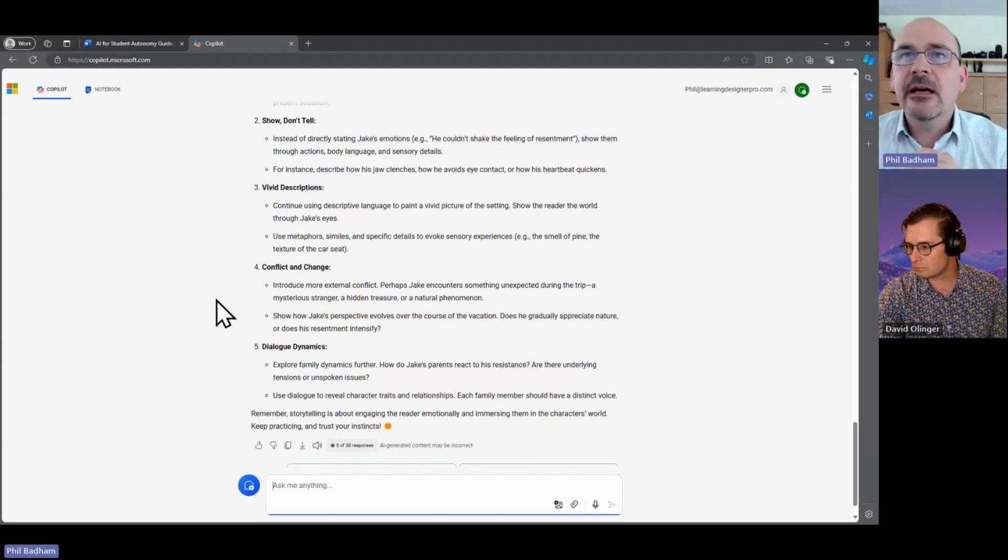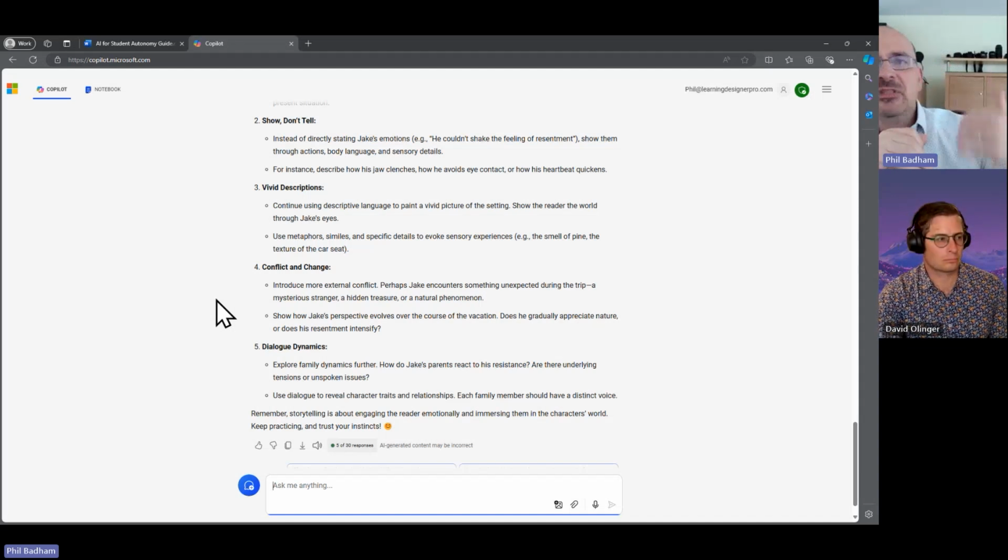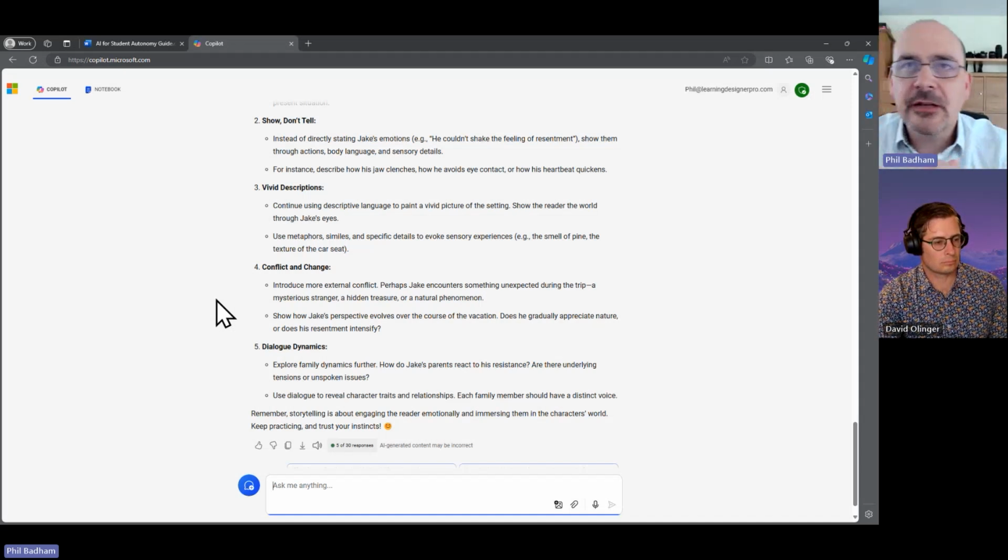So AI is a critical friend. You can also give it a more specific rubric. So I could add in a rubric here and say, now mark it or grade it against the rubric that I've given you. And we can feed that in as a file